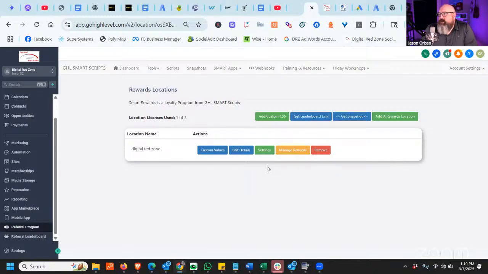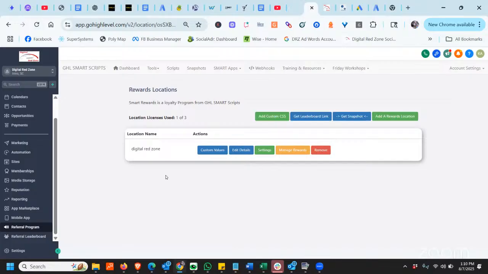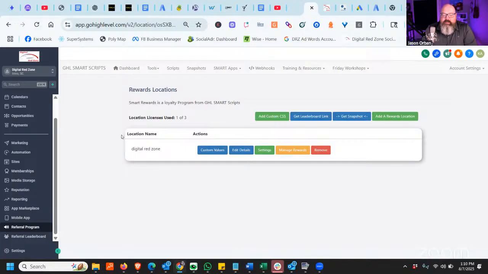So I try to make it as streamlined as possible without having people go in and edit the funnel pages. You'd be surprised that there's a lot of people who start their agency and they're really good at sales or networking, or they're coming from some different industry and they're not really good at the technical side of things, or editing funnels and doing that kind of stuff that they have to learn. It's easier if we can just populate all that stuff through custom values to get things started,